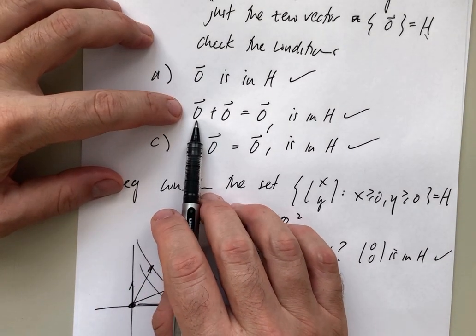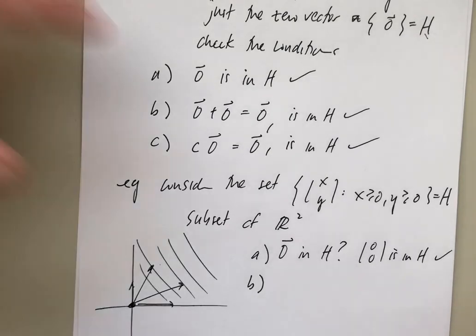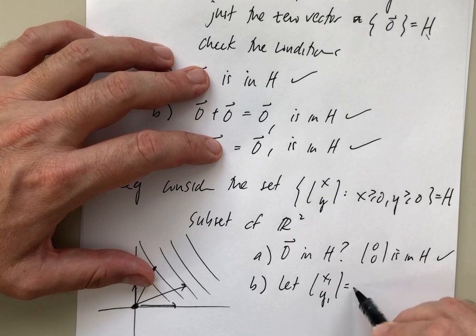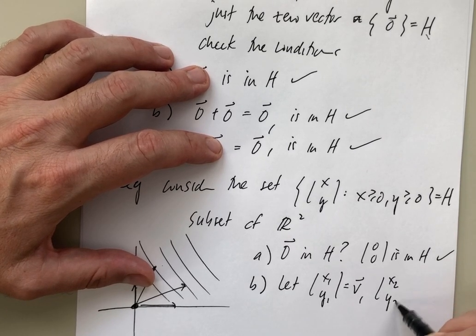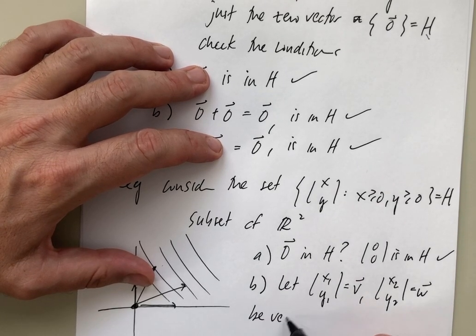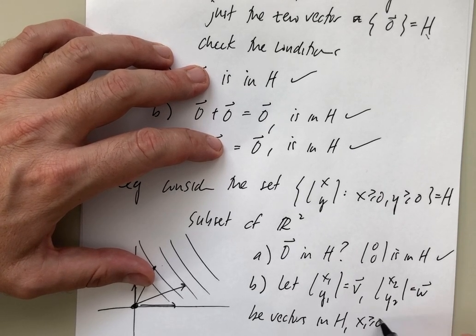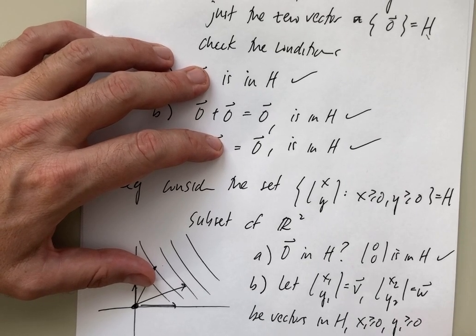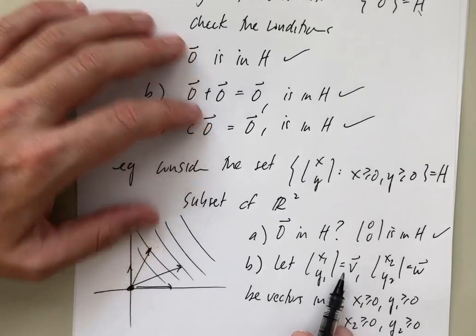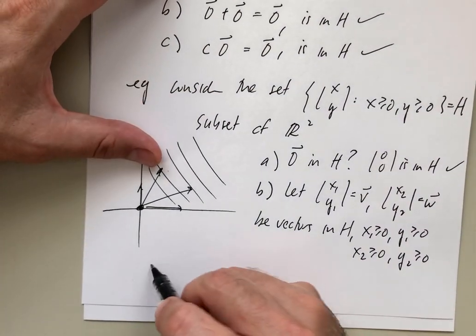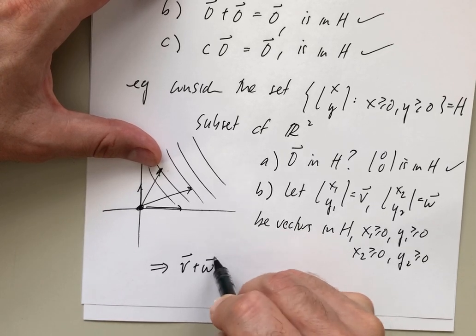I can't just take one vector. What I have to do is take an arbitrary vector. So let's say x1, y1, call this v, and x2, y2, let's call this w. Let's suppose that these are vectors in H. What does that mean? That means x1 is bigger than 0, y1 is bigger than 0, x2 is bigger than 0, and y2 is bigger than 0, because I chose them to be vectors in this first quadrant. And what happens when we add them? If I take v plus w,